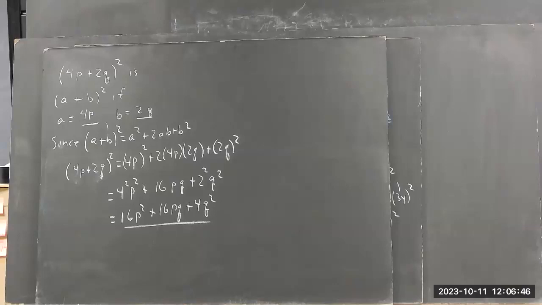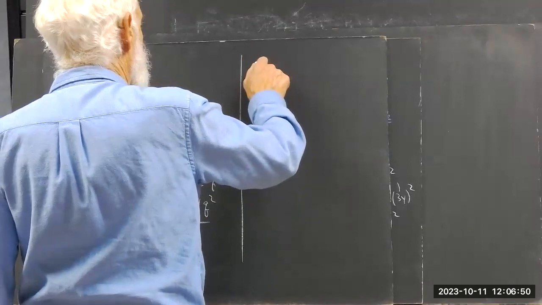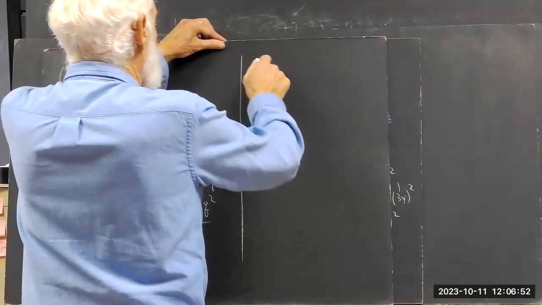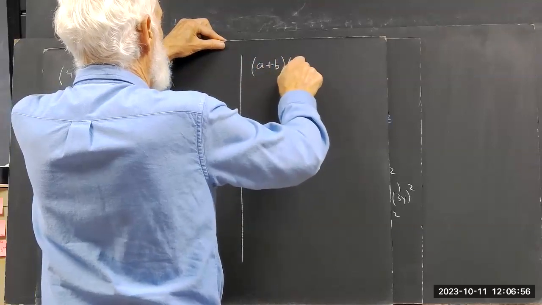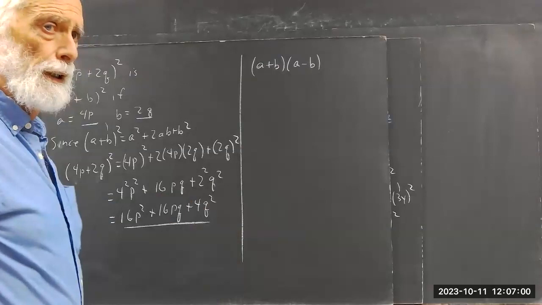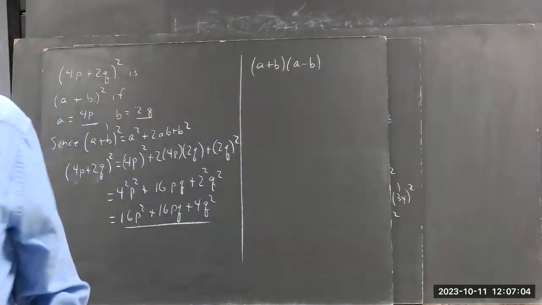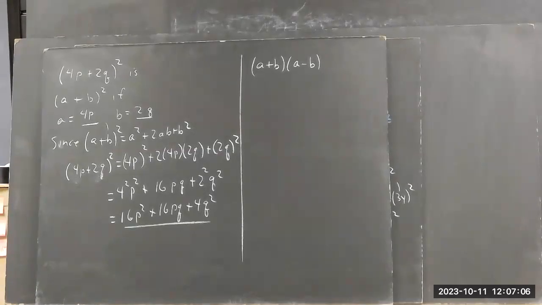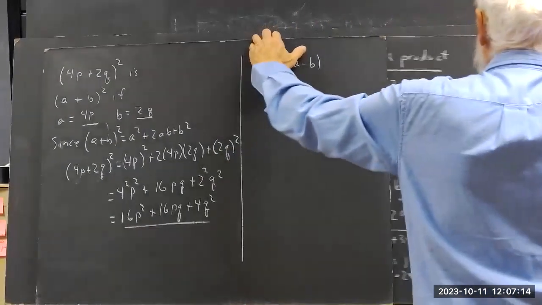Of course, well, let's do this one. This is kind of important. What's A plus B times A minus B? Okay, let's see if we can work this one out with the distributive law. And if you want the example that we used in working out A plus B squared,